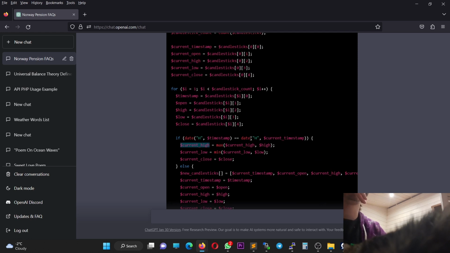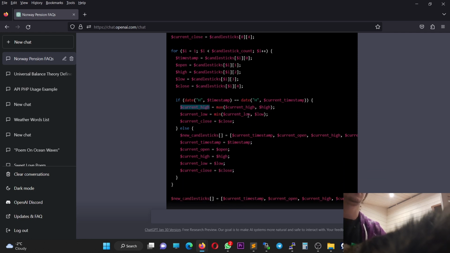Okay, current high is already predefined, so that's good, it will work. And the current lowest against the lowest. So make the maximum variable from these two, which one is the greatest, and reset it as the highest